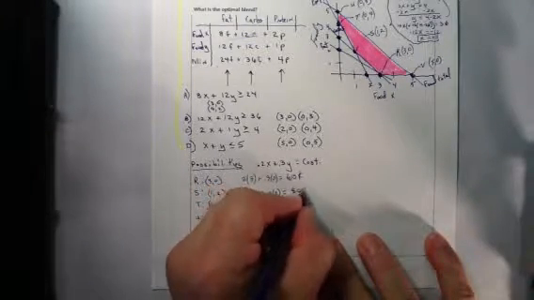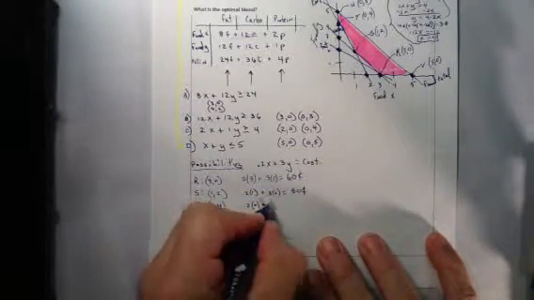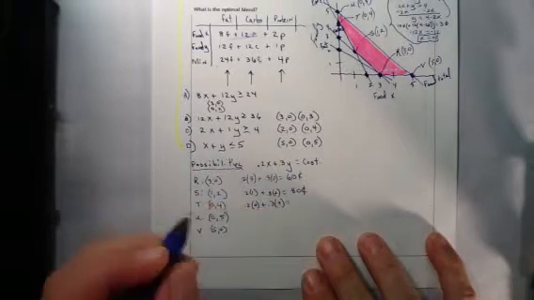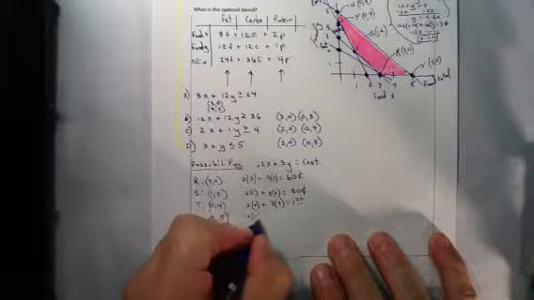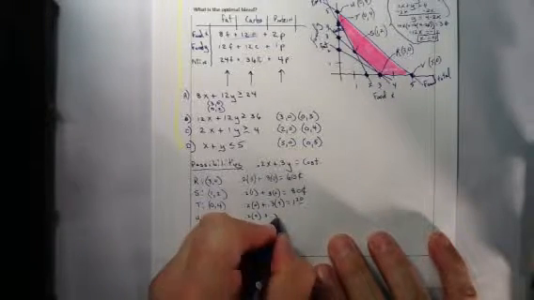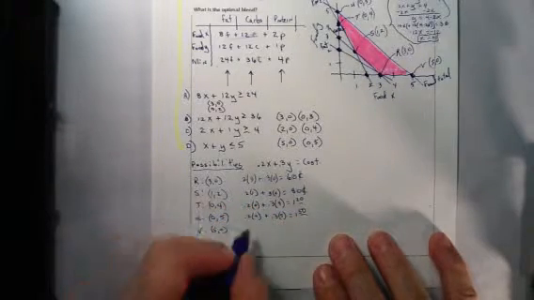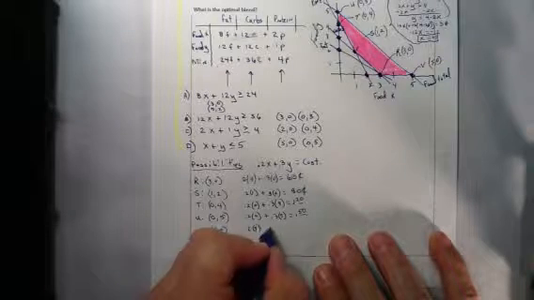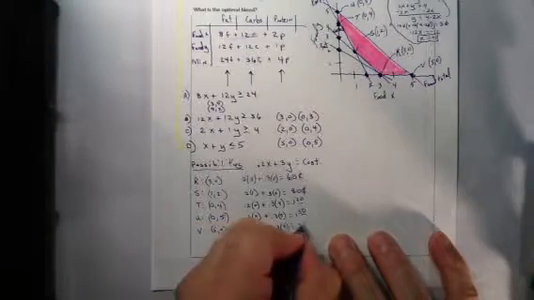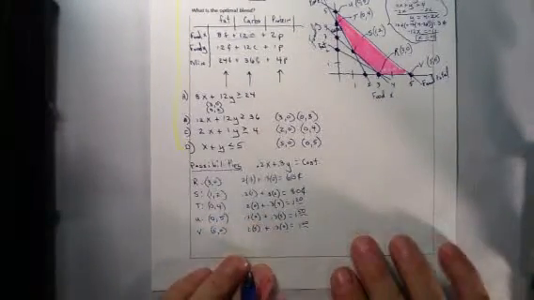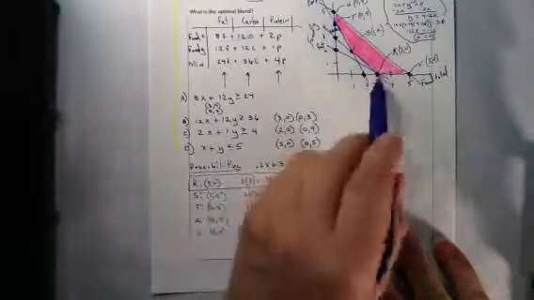Second one, 80 cents. The third one, $1.20, getting more expensive all the time. Wow, the fourth one would be $1.50, a lot more expensive. And then our last possibility in the feasible area that we discovered would be $1. So our optimum blend is point R, which is (3, 0),